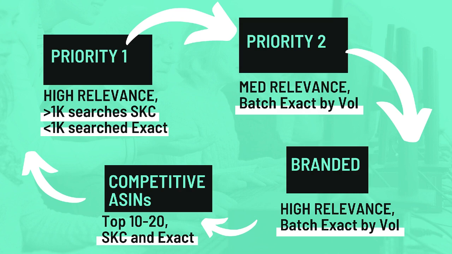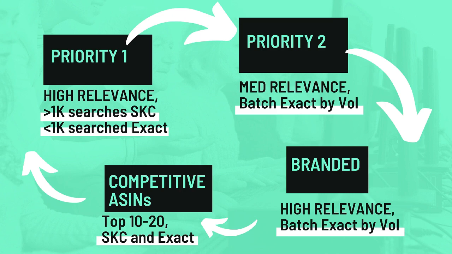First is your priority ones, right? These are the ones that are super, super relevant. They explicitly describe your product, and other competitors and/or alpha ASINs and/or brand analytics data has identified them as words that matter for a particular category. So these are high relevance, and generally speaking, we're going to segment them out to greater than 1,000 searches per month. And we're going to put those into single keyword campaigns. Again, we'll get to this in another video. And less than 1,000, we're also going to target with exact match terms, and we're going to do that in